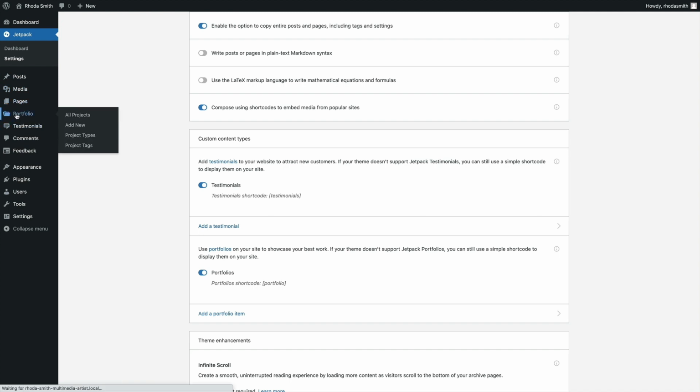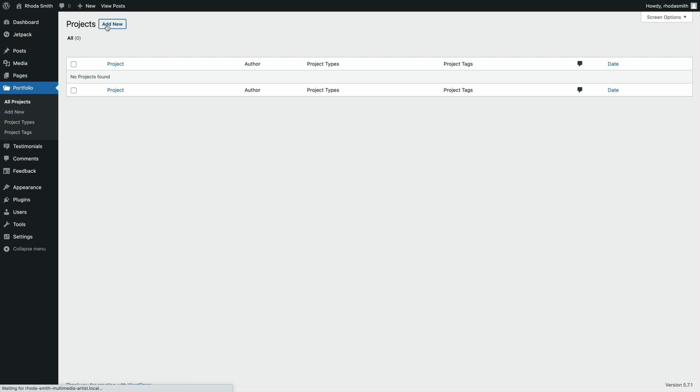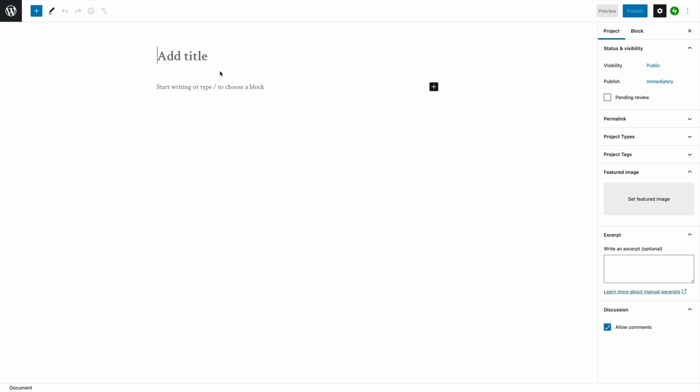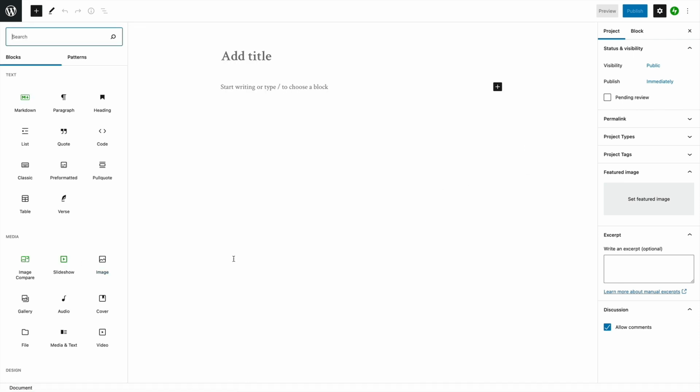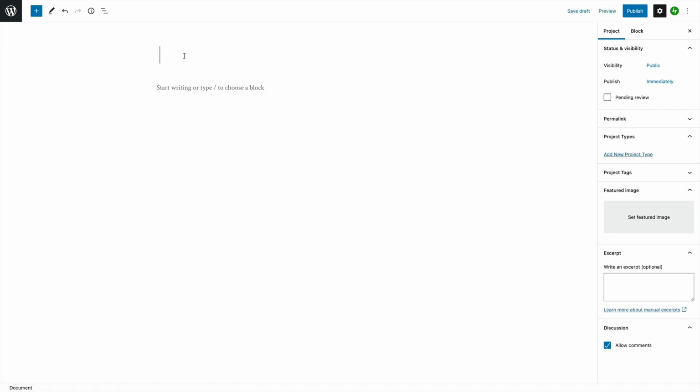If we go to portfolio, we can add a brand new portfolio project. You'll notice that this does look quite similar to the posts or the pages editor. You have all the same blocks available here. And so you can build this content. So I'm going to add a project here, and you can get as granular as you need to for your particular portfolio. So a common structure might be, for this example, we have installations, illustrations, and photography,